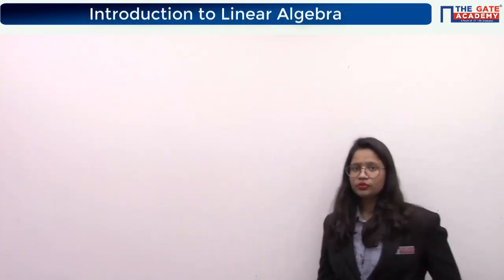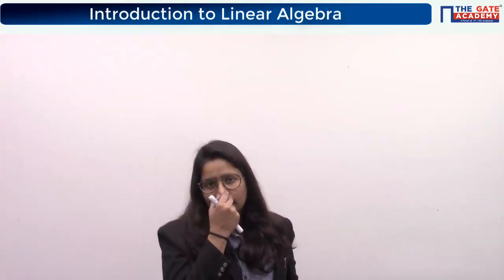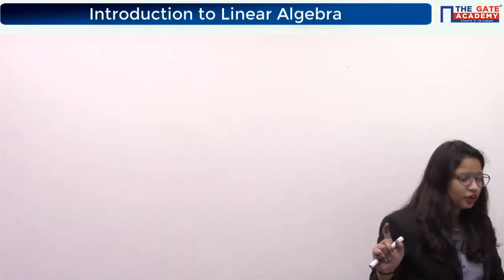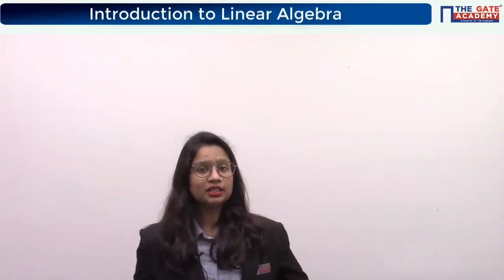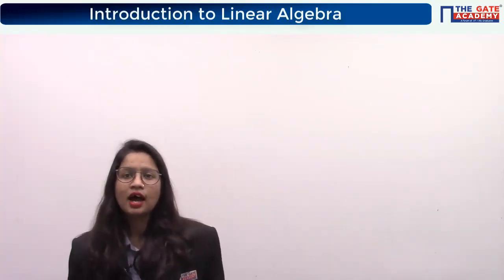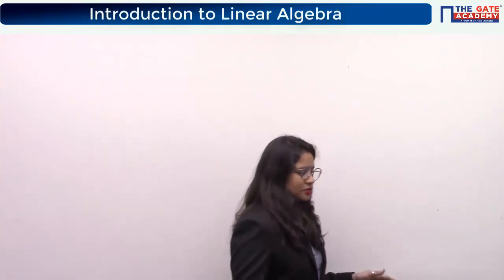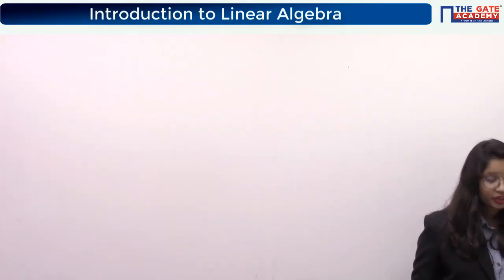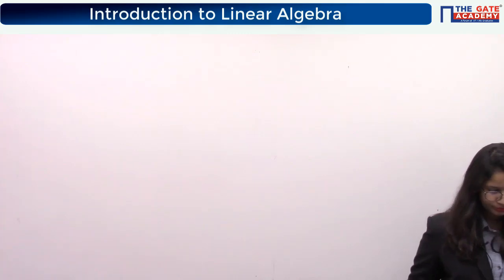Fourth one, solving a system of equations. That's what I told you right now, how we will solve a system of equations and what the solution will represent, that we will talk about. And next, the fifth topic again talks about vectors, but these are some special vectors which are known as eigenvectors and their corresponding eigenvalues. Okay, you must have studied all of these things before, but now we will look into them from a new angle. You must not have seen them from that angle, but that is important from the GATE point of view, that we will see from here.